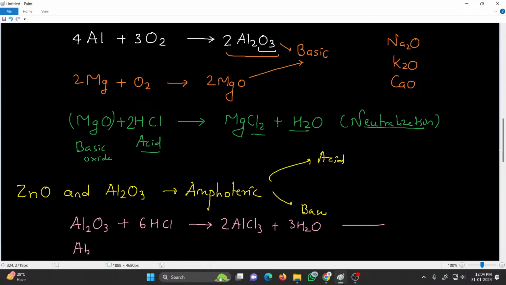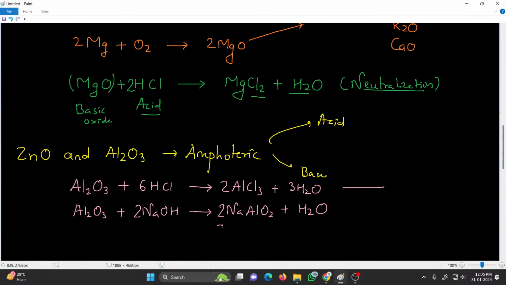But at the same time, aluminium oxide can react with a base like sodium hydroxide to give you a strange looking salt called sodium aluminate, having formula NaAlO2 plus H2O. Need to balance it, so there are 2 aluminium here, so write 2 here, write 2 here. So this salt, which is called sodium aluminate and which contains metal in its anion,